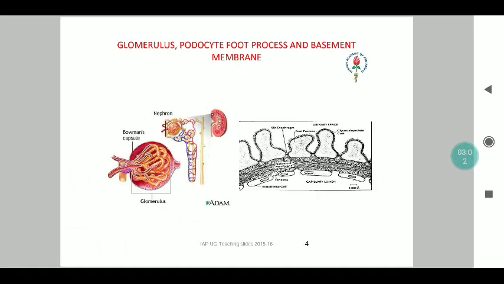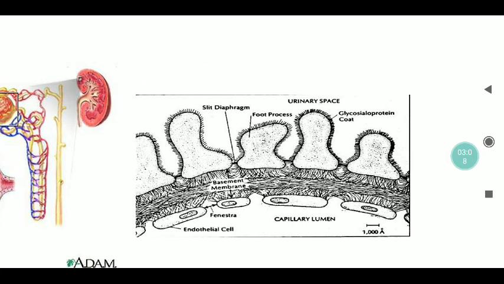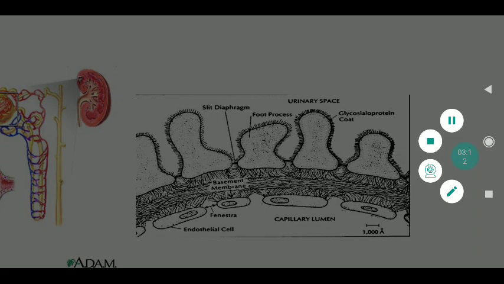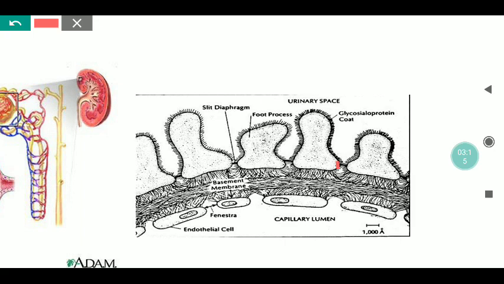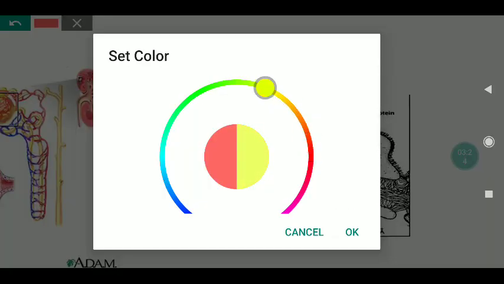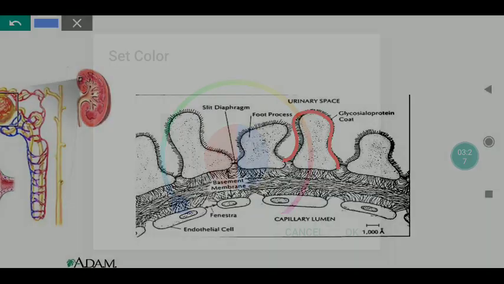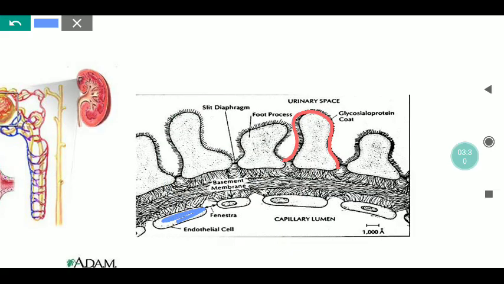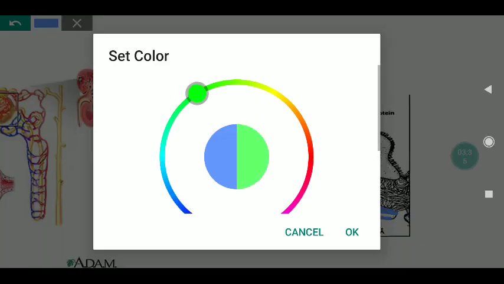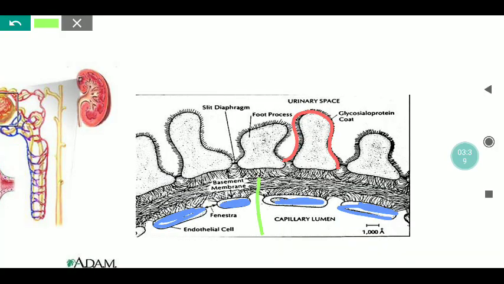Then within that, if you actually assess the basement membrane and look at the podocyte, it is nothing but a foot process. This is a cell, and if you notice closely, it will have a glycoprotein coat, what I am highlighting here in red. Now focus on what is being highlighted in blue. What is highlighted in blue is the endothelial cells. Now focus on what is coming in green. You do notice that there is some gap between these endothelial cells. This gap will ultimately lead through the basement membrane.